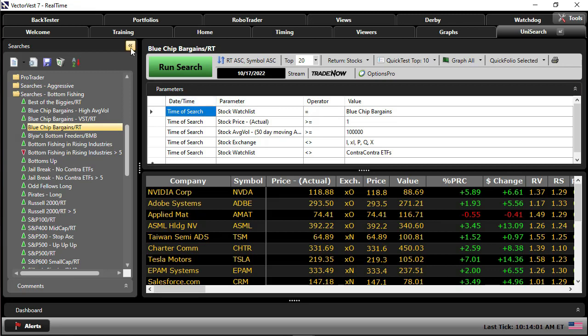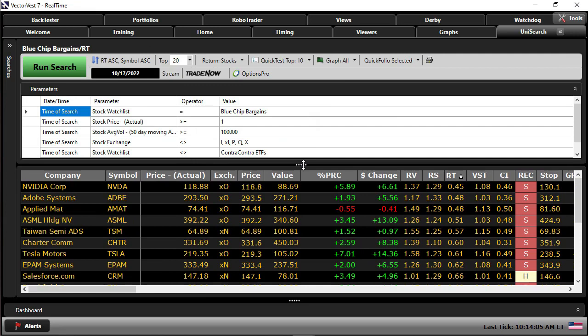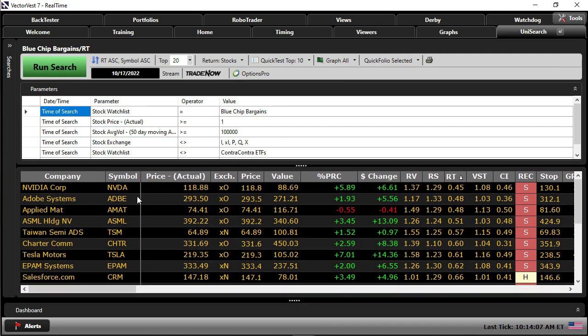These scans here find quality beaten down stocks: Nvidia, Adobe, Applied Materials, Charter, Tesla, Salesforce. Look at the upside potential on all of these. Look at the safety ratings, the relative safety ratings on all of these stocks. Some of them are overvalued, some of them are undervalued, but really it's the upside potential that we're going to pay attention to. All of these stocks, and again, we're looking back on October 17th of 2022 when the market